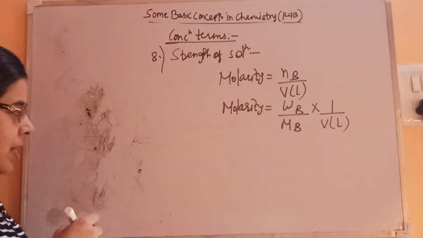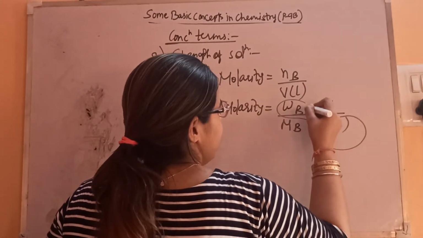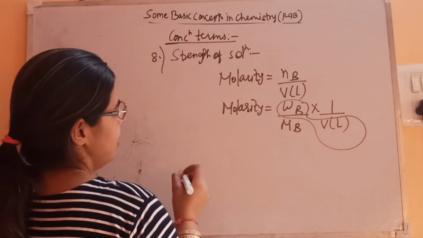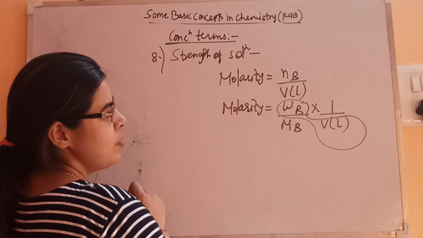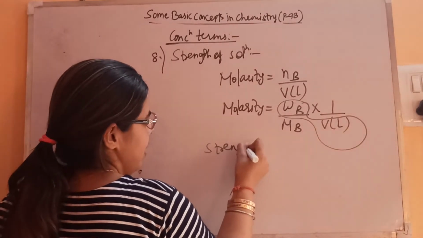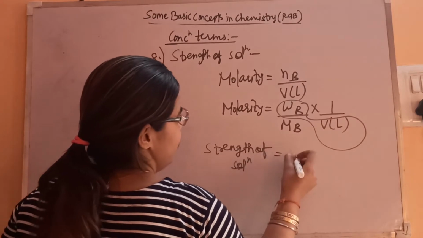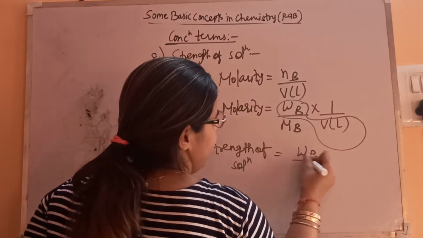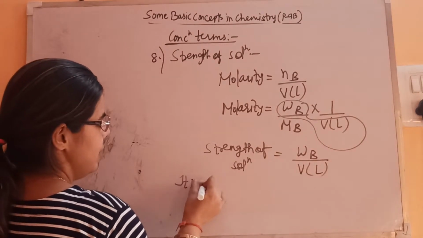liters. Fine. Now this ratio, that is the amount of solute in grams per volume of solution, is known as strength of solution. Strength is also a concentration term. Strength of solution is equal to the amount of solute in grams per volume. So what is it defined as? It is defined